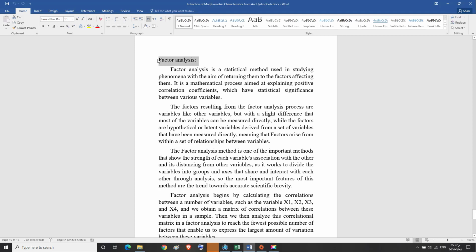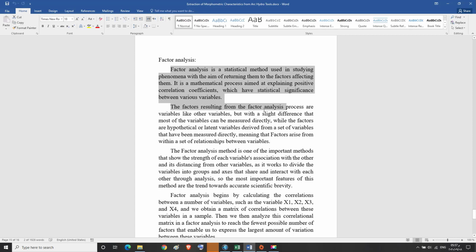where factor analysis is a statistical method used in studying phenomena with the aim of returning them to the factors affecting them. It is a mathematical process aimed at explaining positive correlation coefficients which have statistical significance between various variables.